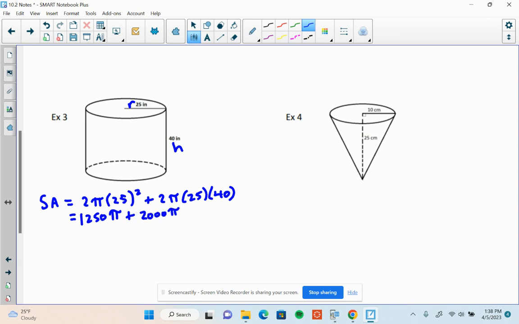So I'm going to get an exact answer. My exact answer is going to be 3,250 times pi. And that would be cubic inches. And then for a decimal approximation for this, we grab our calculator, we do 3,250 times pi, and we're going to come out with